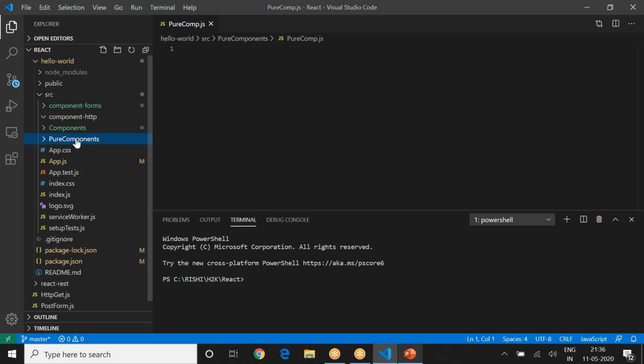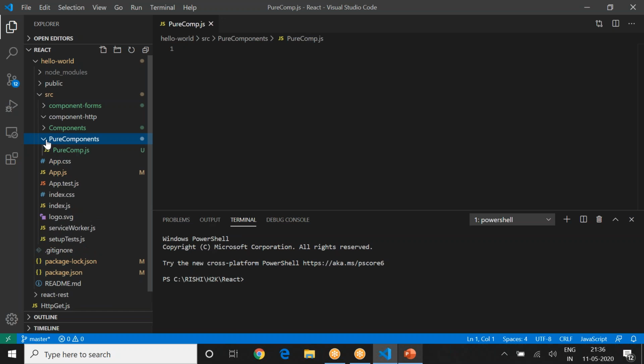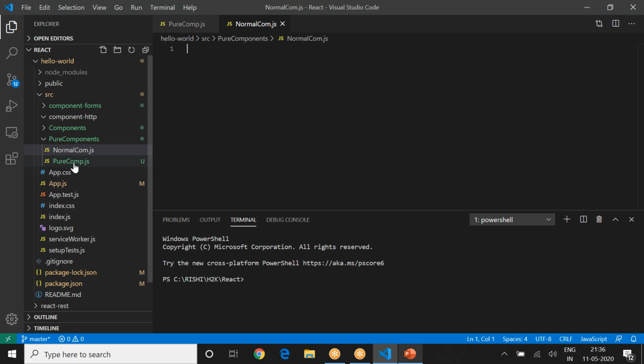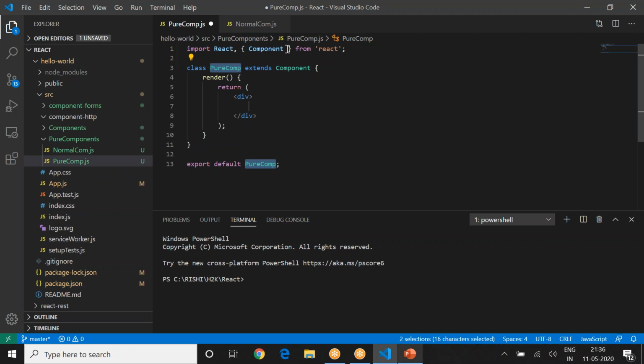We'll also create a normal comp, so we will create normalcomp.js. Create that, then use the constructor snippet RCC. It will create a component for you.